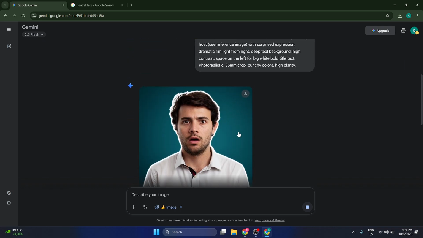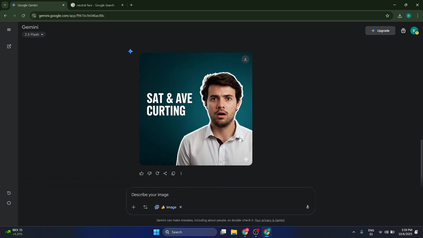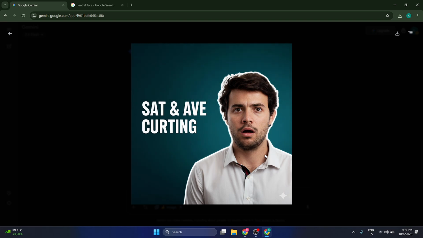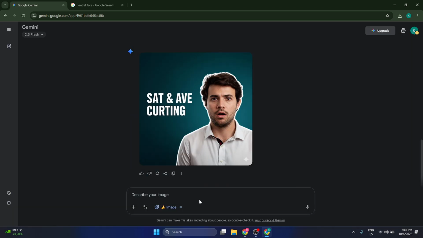But if you can make this, oh, amazing. That's great, actually. Okay, now it did what we asked for. It created this guy's image and it added some text to the left, which is what we wanted. The thing is that we don't actually want the text. So what we're going to do is download this image and take this to Photoshop,